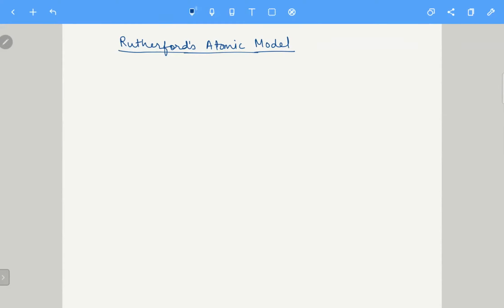So these scientists were working in different laboratories in the early 20th century, 1900s, 10s to 20s, 30s, etc. They had some important major contributions in the study of atom or atomic structure, which helped us in the further study of atoms. So Rutherford's atomic model करने से पहले, अच्छा मैं will not do Rutherford's atomic model first. Before doing Rutherford's atomic model, we'll do some properties of charged particles.